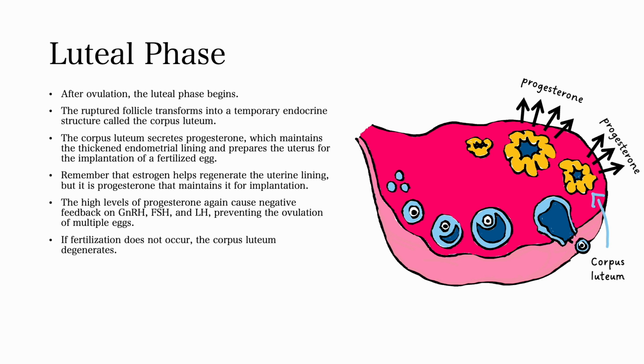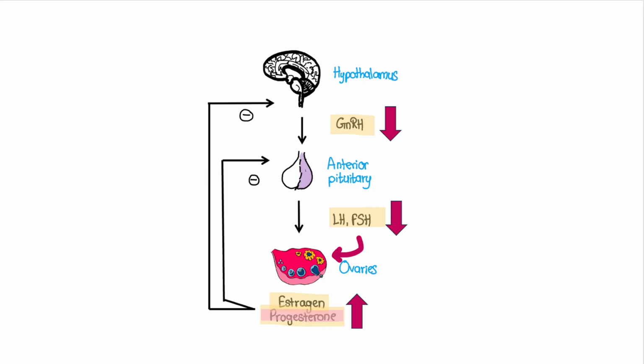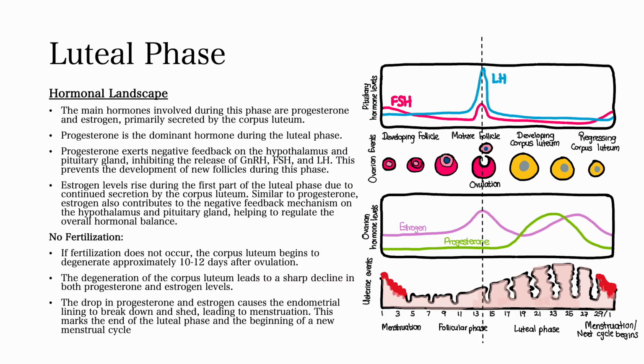Remember that estrogen helps regenerate the uterine lining, but it is progesterone that maintains it for implantation. The high levels of progesterone again cause negative feedback on gonadotropin-releasing hormone, follicular-stimulating hormone, and luteinizing hormone, preventing the ovulation of multiple eggs. If fertilization does not occur, the corpus luteum begins to degenerate approximately 10 to 12 days after